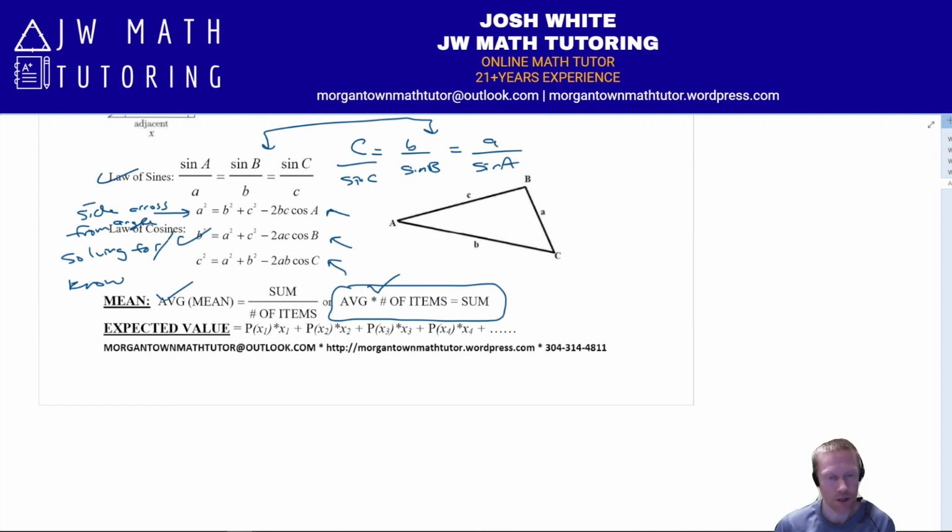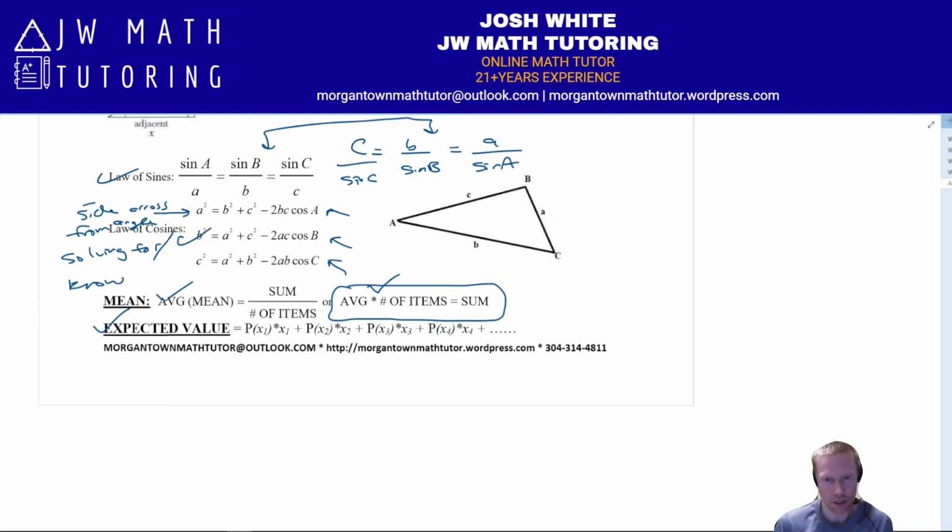And then the last one down here that I have on the sheet is expected value. So this is basically when you have problems where you're trying to calculate the expected value of something. Normally, the values would be given in a table, whether they're dollars or whatever they are, and then you would be given probabilities that correspond to them. Some problems are more advanced and you might have to figure out the probability for each, but once you have the probabilities, basically you just multiply the probability of the event